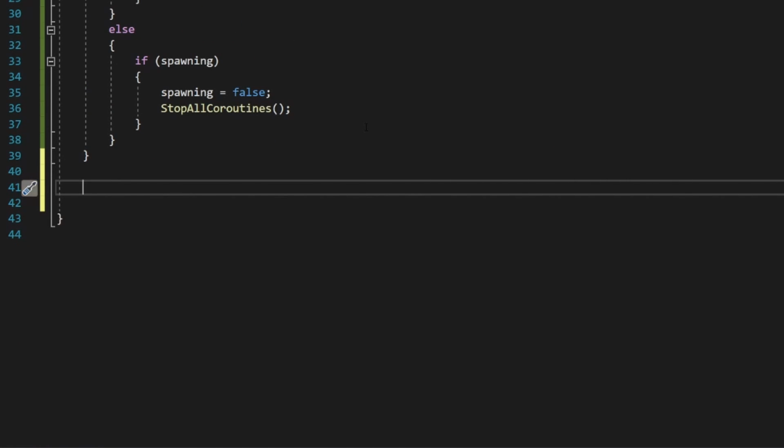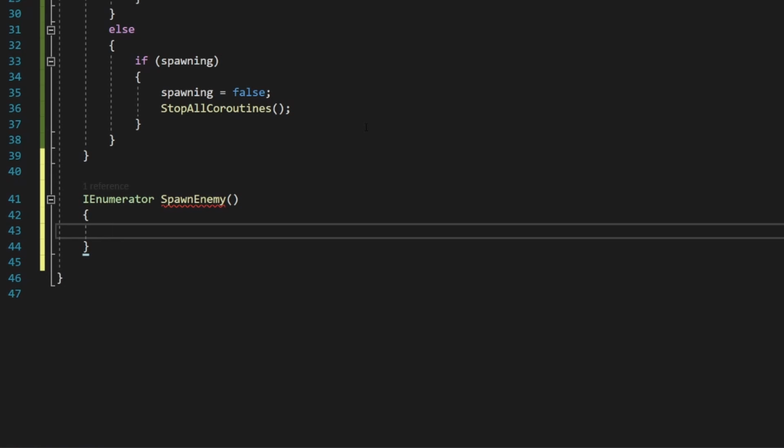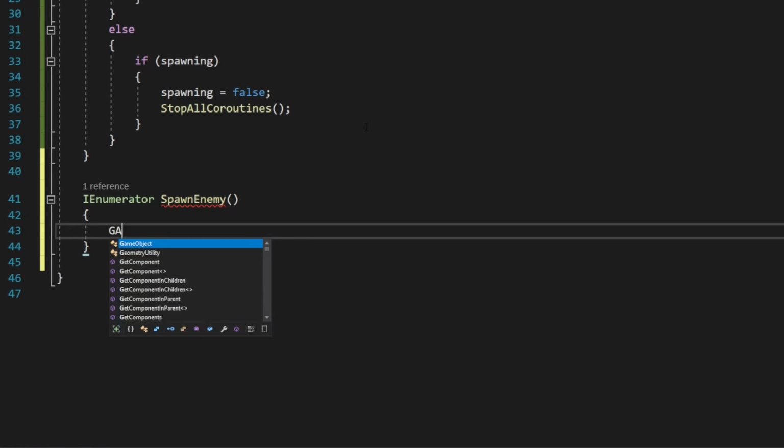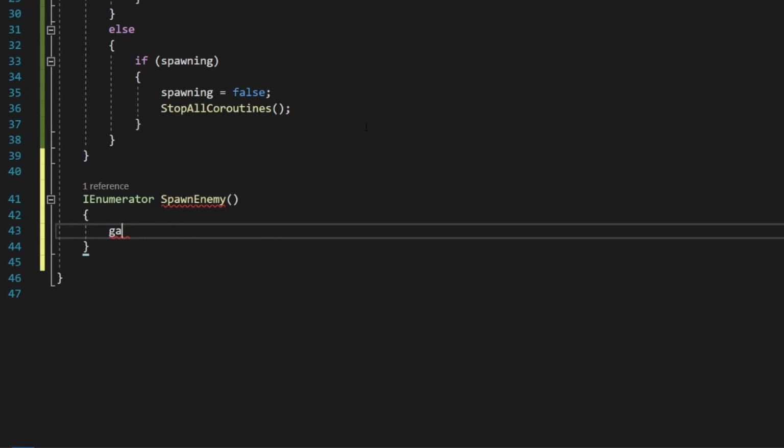Now down here at the bottom, we're going to add our coroutine to actually spawn the enemies. So we're going to add an IEnumerator, not enumerable. It also helps to spell it correctly. We're going to call this SpawnEnemy, like I said. Add our curly brackets there, and then we're going to say GameObject, with a capital G, GameObject new